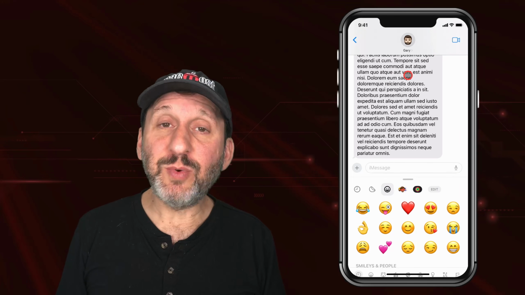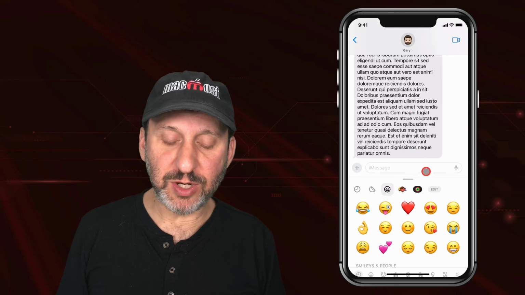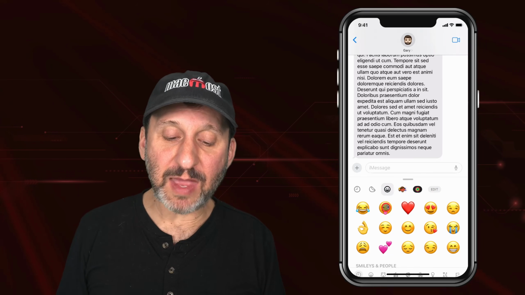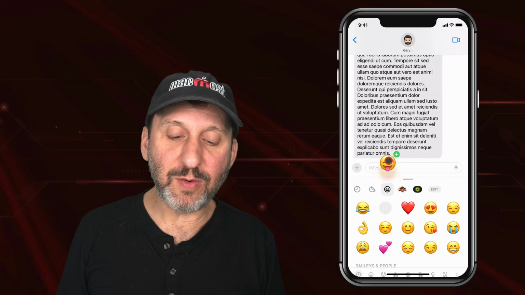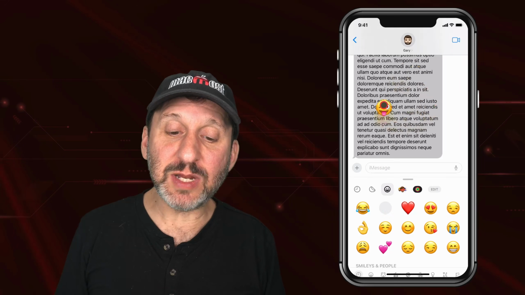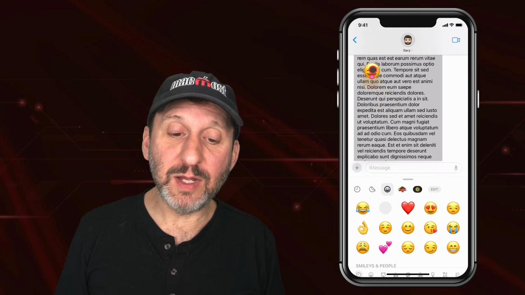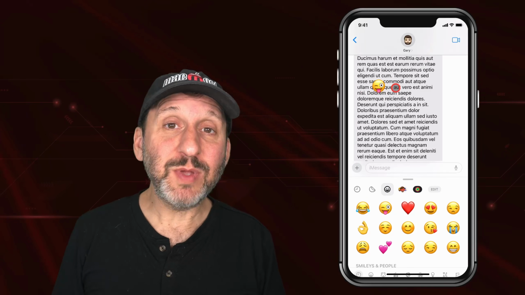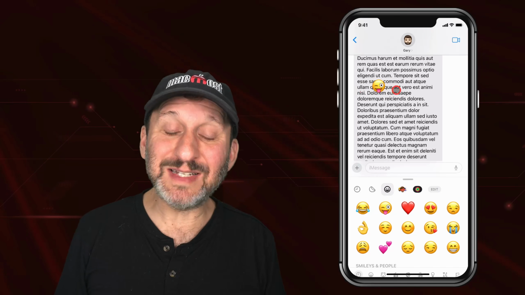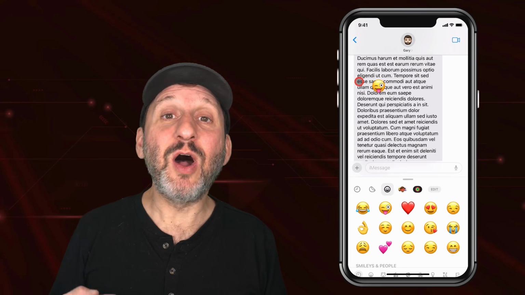Instead, I want to put the sticker on this message here. So I'm going to tap and hold until it pops up. You can see it pop up right there. Now I'm going to drag it and position it on the message where I want. So I can put it, say, right here. Now the position is important because the other user will actually see it at that same position on the message